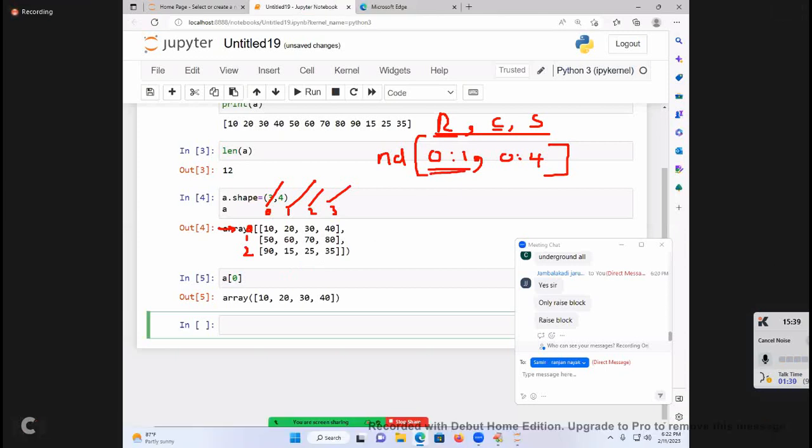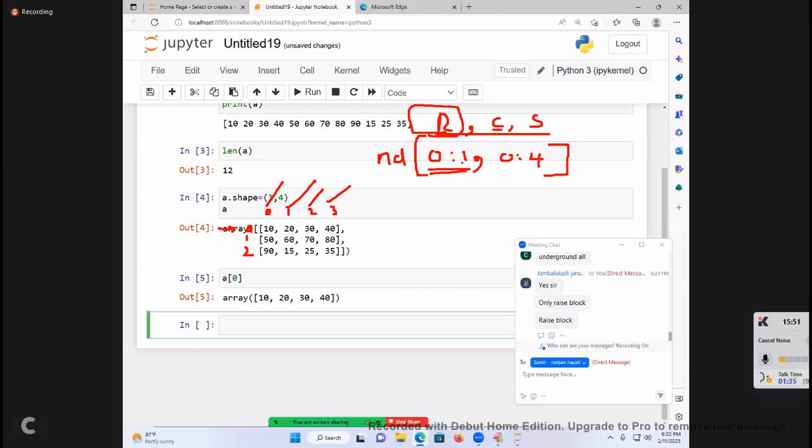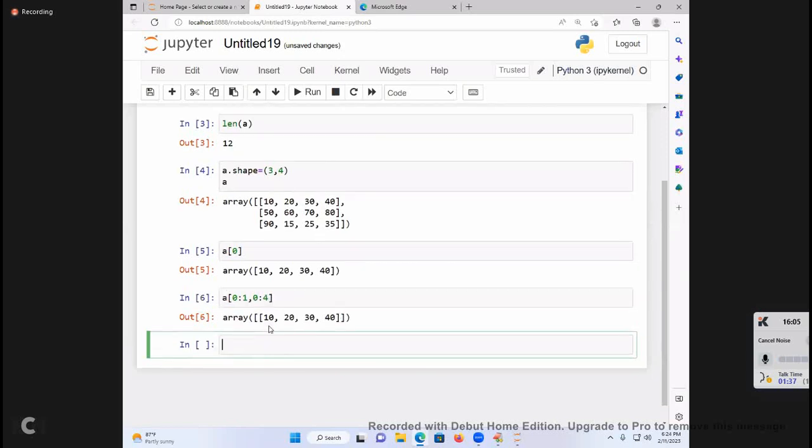What is the meaning? 0 to 1 is row related slicing. 0 to 1 means 0 to 1 minus 1, that is called 0th row. How many columns? 0 to 3 means all columns or not? 0 colon 1, comma, 0 colon 4. See the answer, same or not? Yes.